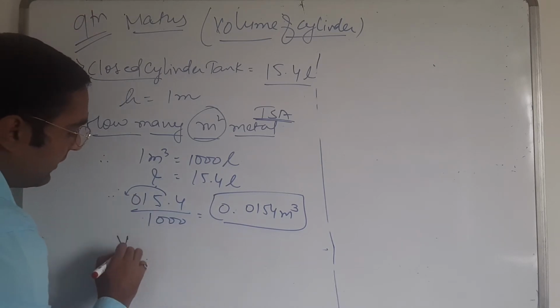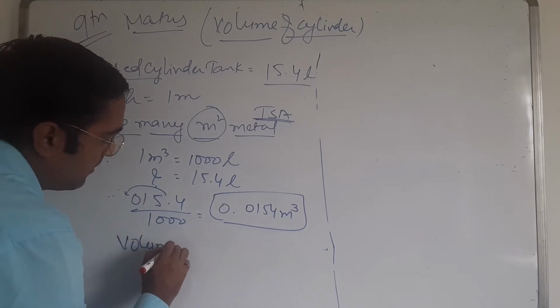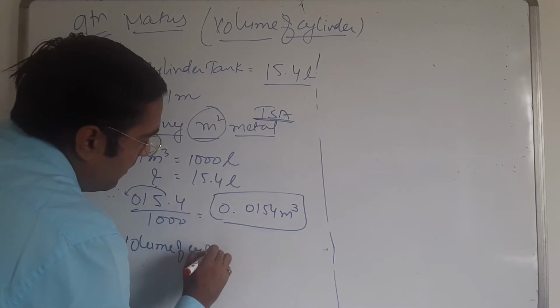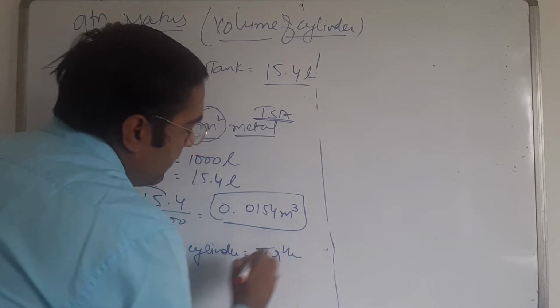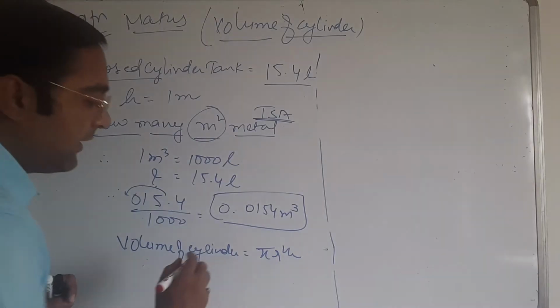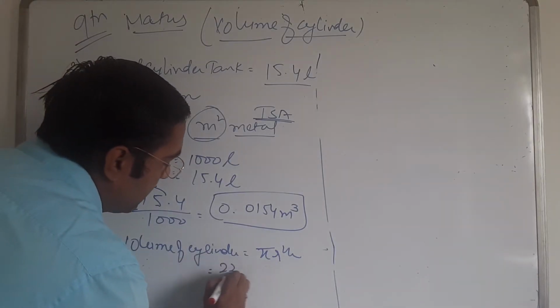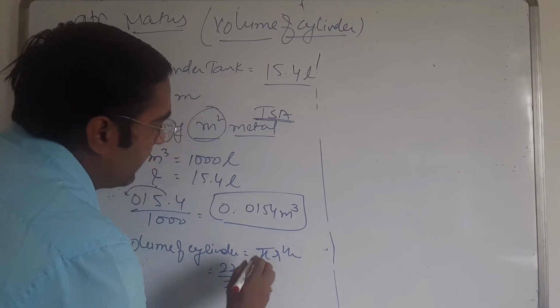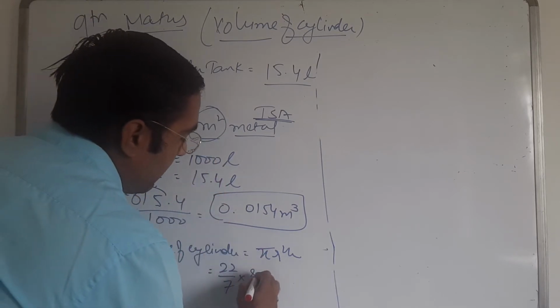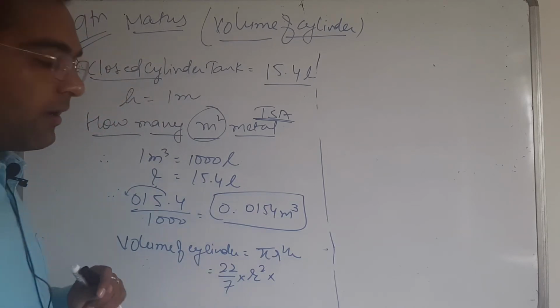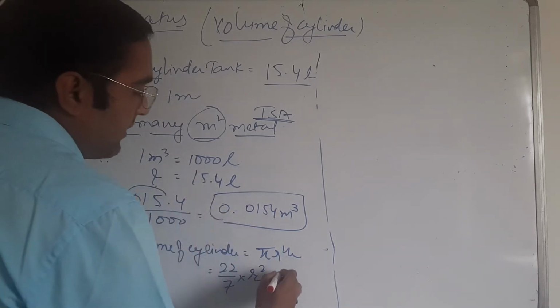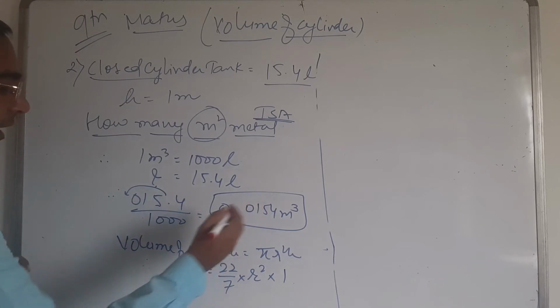So the volume of the cylinder is equal to pi r square h. I'll take the value of pi as 22/7, into radius, which is not given, so take r as r square, and the height of the cylinder is given as 1 meter. Now volume is